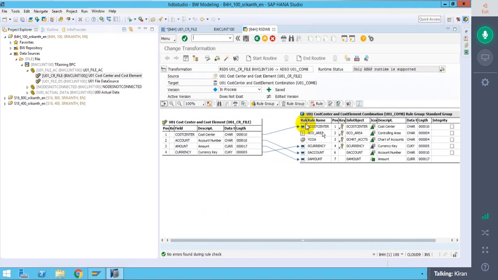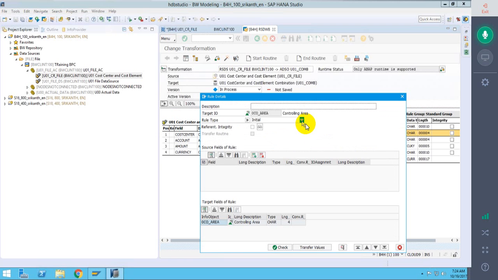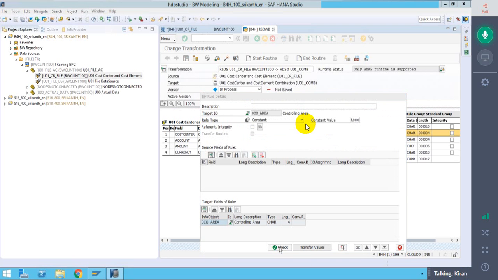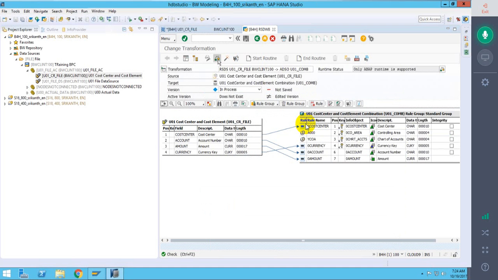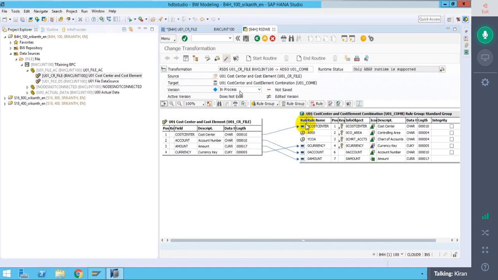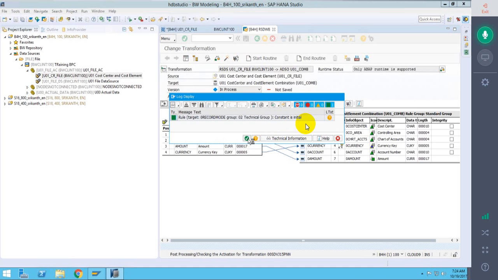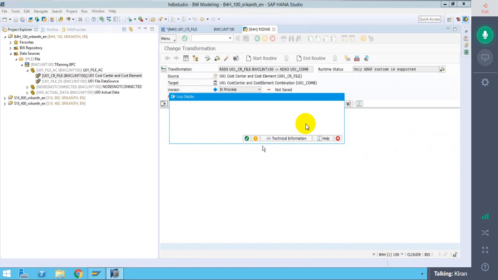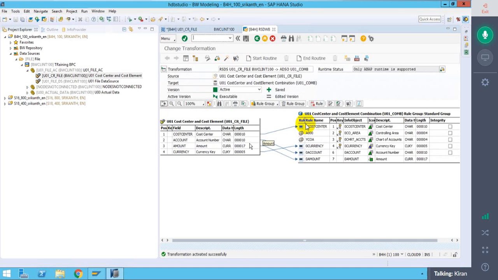Controlling area. I want a constant A000. That's it. Now check. Activated. Right. So transformation is activated. Now